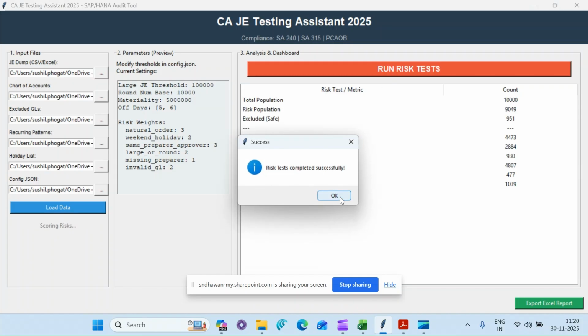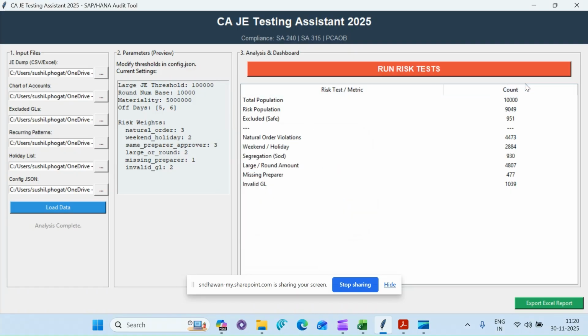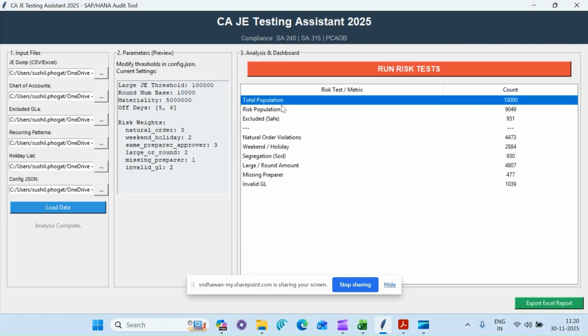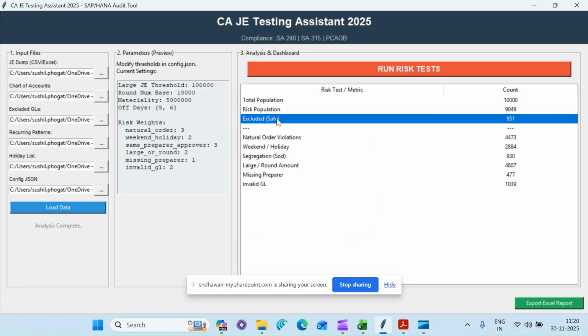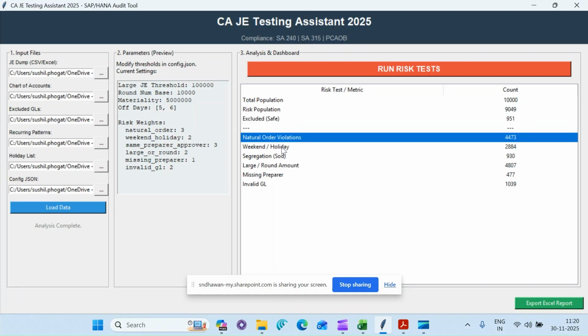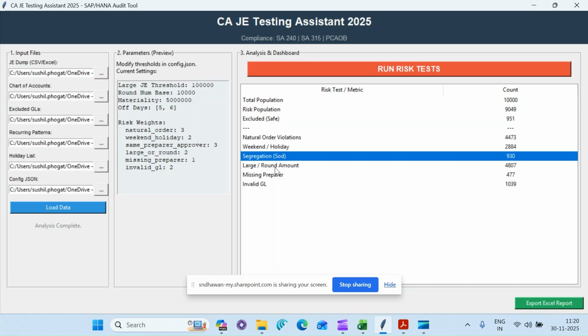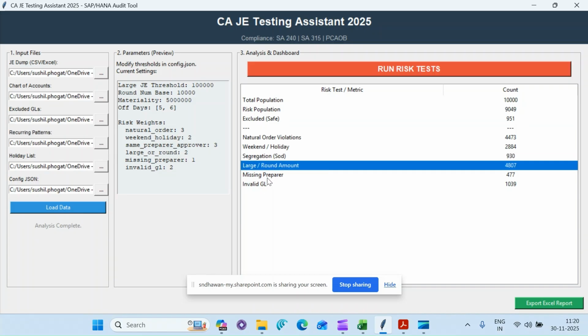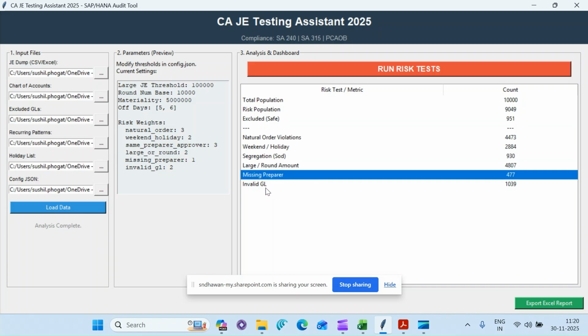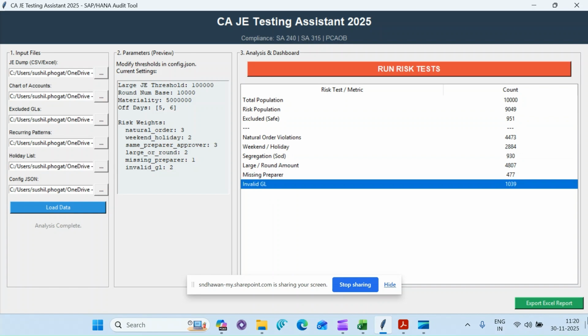Within a fraction of a second it completed the risk test: total population, risk population, excluded safe items, natural order violation, holiday and weekend entries, segregation, large round amount, missing preparer, invalid GLs. And when we say export,